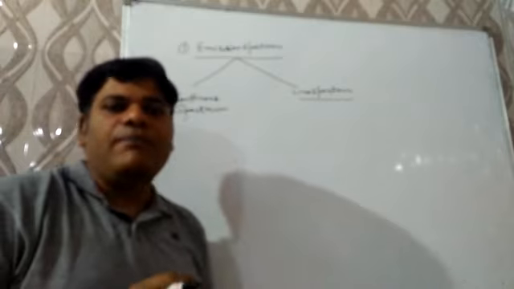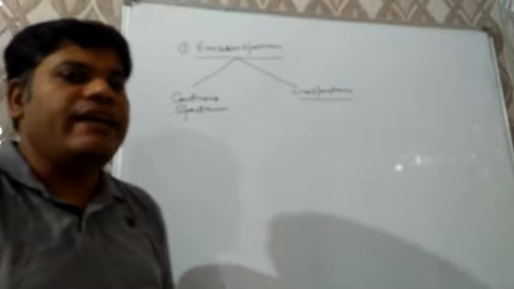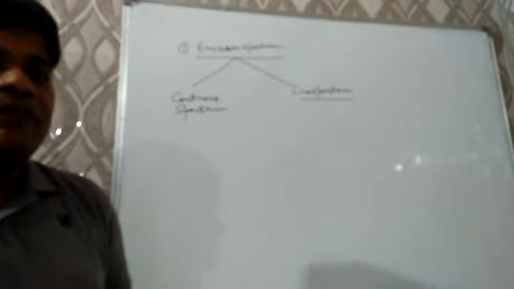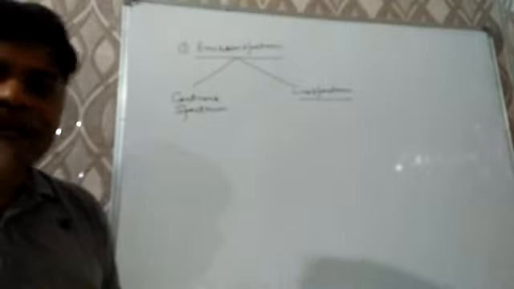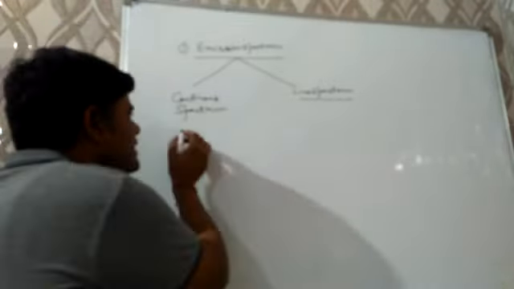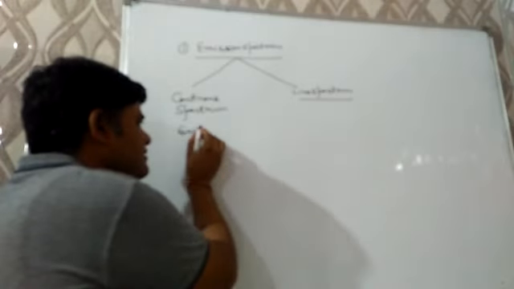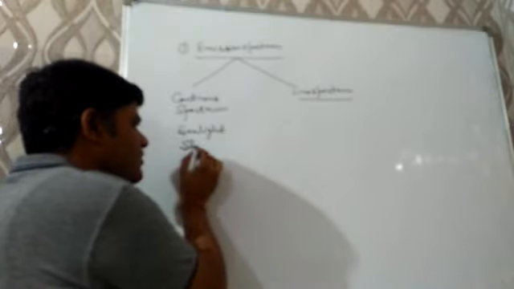As the name suggests, continuous spectrum means the spectrum in which the wavelengths or radiations are not separated from each other and they get merged into each other. That is known as continuous spectrum. An example of it is the sunlight spectrum.